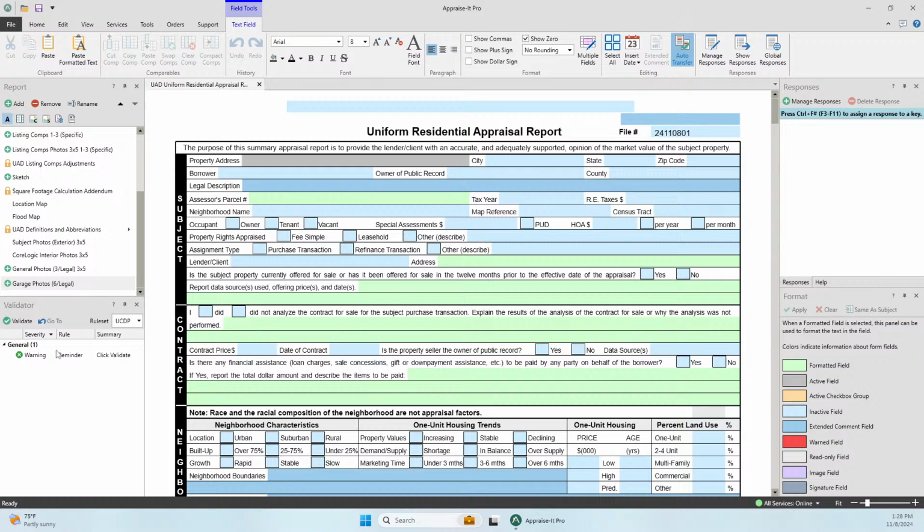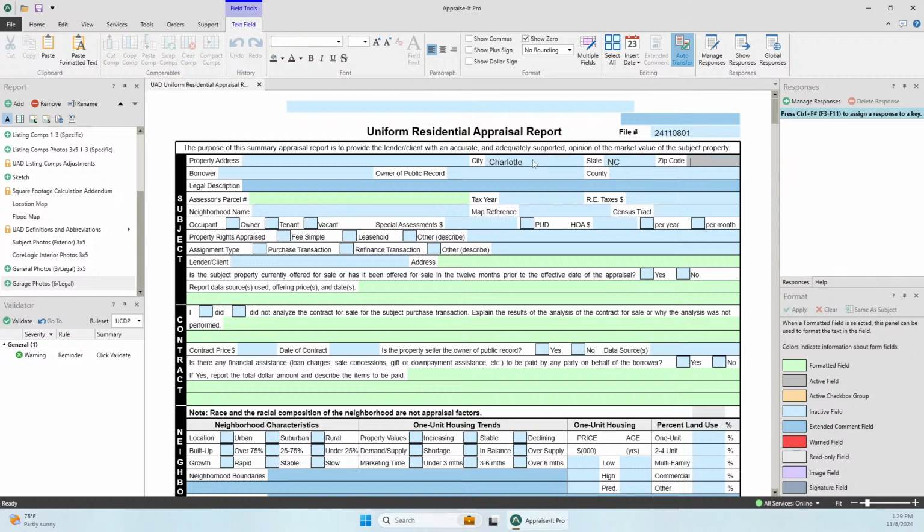All right. Next panel is our validator panel. It's below. The validator panel is going to do twofold. One, it is going to be checking your work as you go, and then it has a comprehensive validation that you can do at the end by clicking this little validate button. The easiest way for me to show you the validation that happens real time, it does it in a bunch of different places, checking your math, checking your formatting, your UAD formatting, things like that,